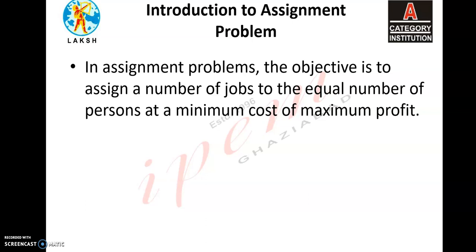Then his interest is to find the best assignment which will be in the best interest of the department. So the assignment problem is used in allocation. We may take other examples, like assigning persons to works, trucks or cars or drivers to different routes, planes to different commercial flights, etc. So wherever there is a need to allocate persons or services to different jobs, the assignment problem is a very helpful tool of operations research.